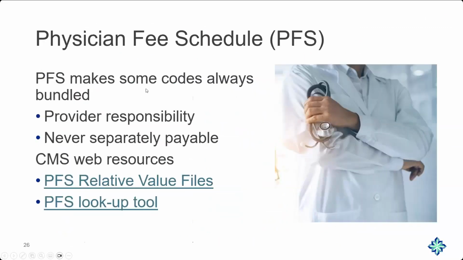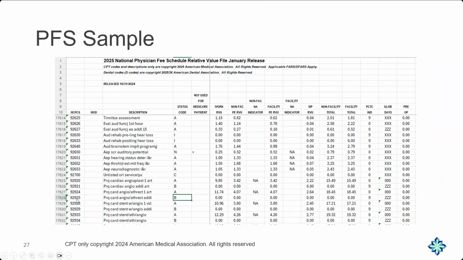Physician fee schedule bundled. This is a type of bundling that is not related to another provider, so it's not something you'll be billing to another provider. It's on a physician service or a professional charge, and on their fee schedule, we have a B as a status, which means it's bundled. So it's not billable. It doesn't matter if you even perform it. Even if this is the only service you've ever done, it's still going to be a bundled service. So that's what we're talking about there. My sample for that is on the next slide, and you can see it right here with this 99295. Gives a little definition, but you can see the B. You can see those B statuses. This means it doesn't matter what else you've done that day, we're never going to pay you. This is going to be part of some other magic service.